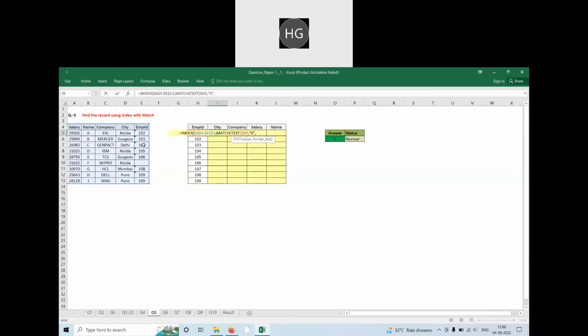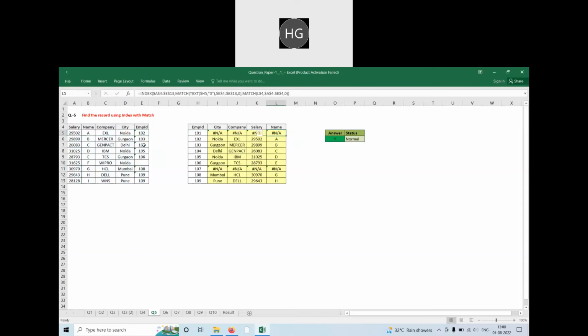Yes, comma, now the matching column. This one is my matching column, comma 0, comma, now MATCH 1 2 times 4, comma 1 times 4, comma 0. So Control R and Control D. So you can see the data, because 101 is not given in the data here. 101 is not given, that's why I am getting NA here.